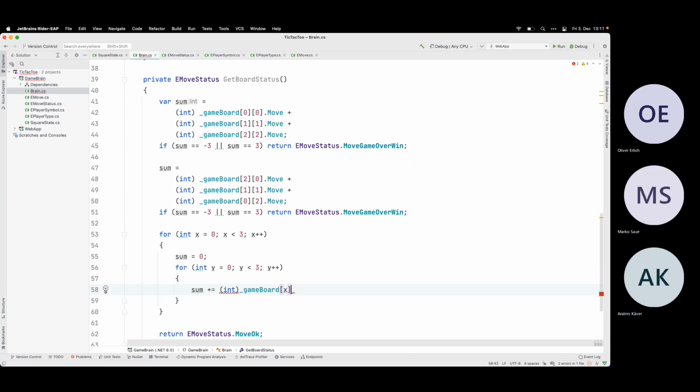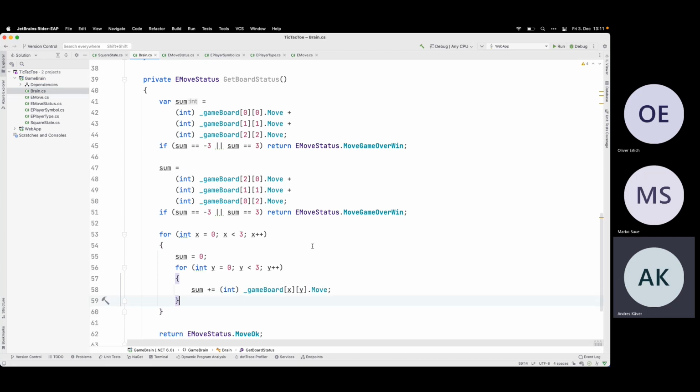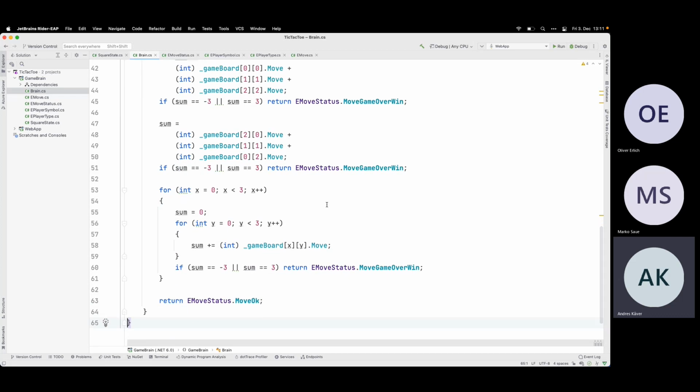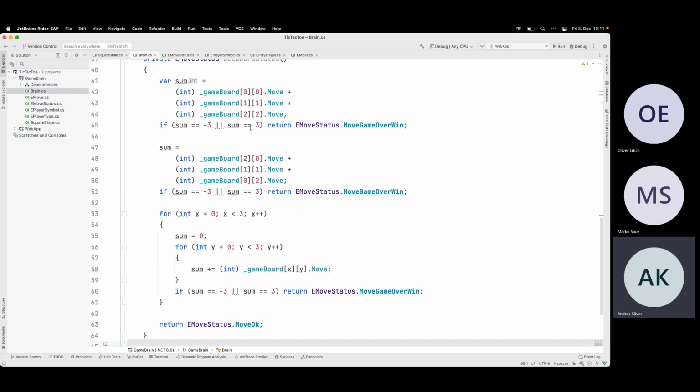No, that's the 2-dimensional. I think this is it. 2 diagonals, which are the special cases, and then x from 0 to 2 and y from 0 to 2. First by the x's and then by the, I know. Hold on. X is 0. And then I go down and check the, yep, I need one more cycle.